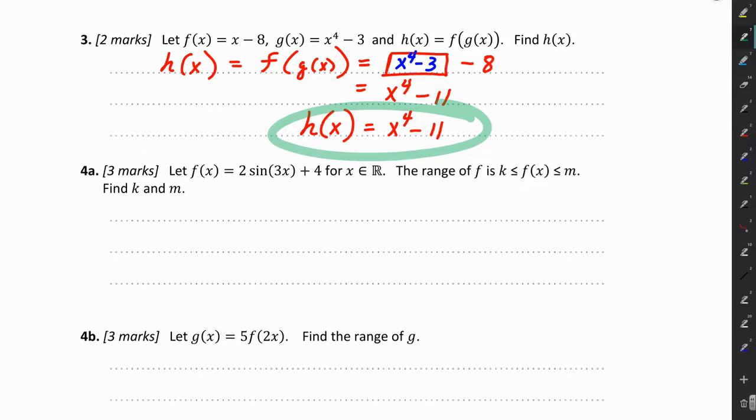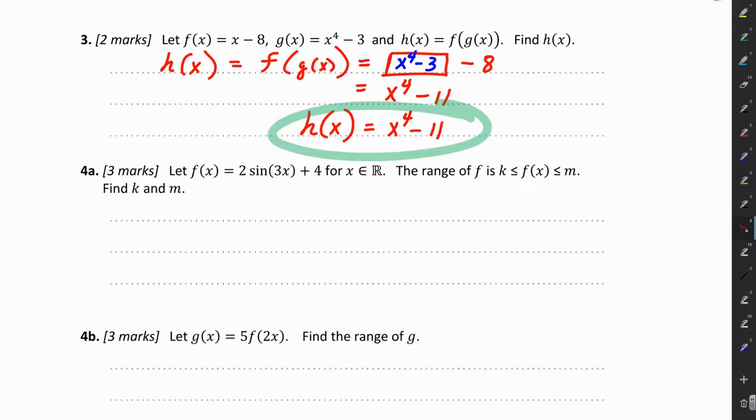Number 4, let f of x equal the given function. X is from the set of all real numbers, right? That's what this piece means here. The range of f is from k through m. Find k and m. All right, so if we think about the sine function, the parent sine function has a